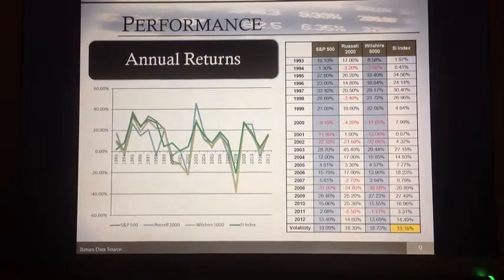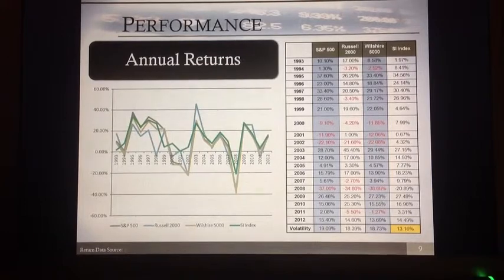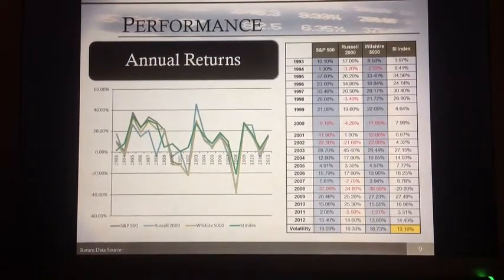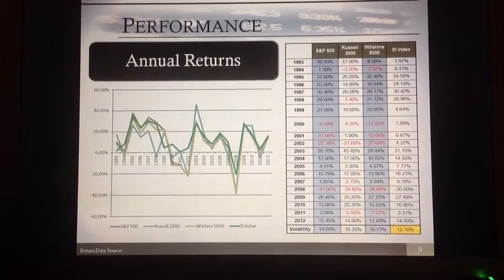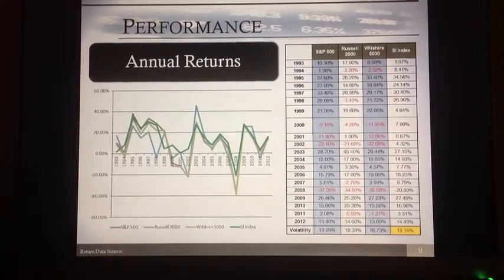Now let's look at the performance comparison. First, we look at the annual return between a market index and the SI index. As you can see from the left, the SI index did not always outperform the market index over the last 20 years, but when the market is suffering from the financial downturn, that SI index will be able to perform